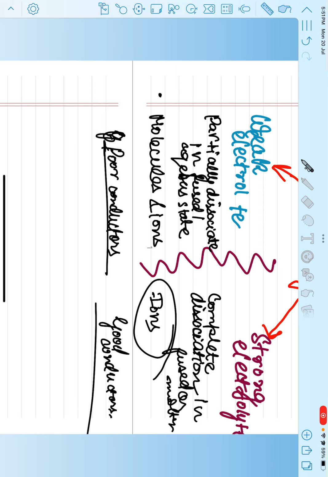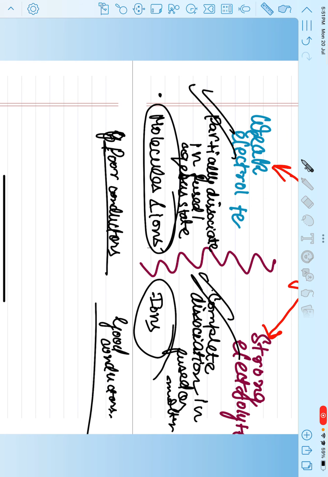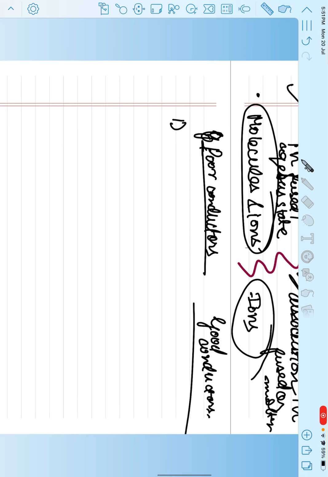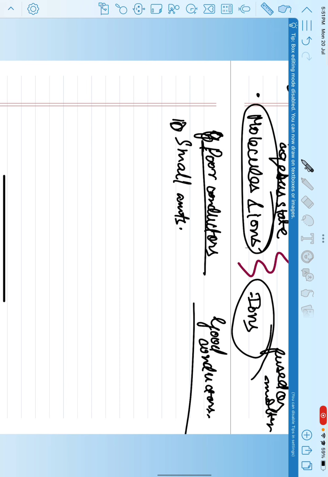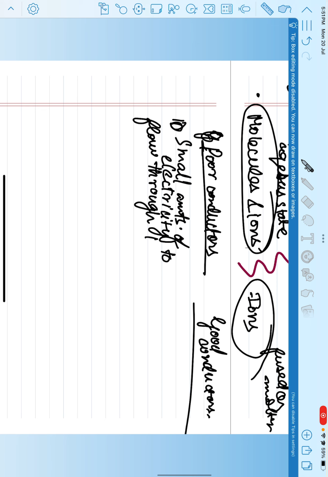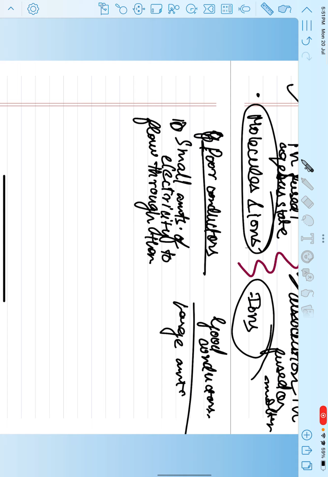These have only free mobile ions, these contain ions as well as molecules, they partially dissociate in fused or aqueous solution, they completely dissociate in fused or aqueous solution, and they do not allow a lot of current to pass through them, so small amounts of electricity to flow through them, and they allow large amounts of electricity to flow through them।